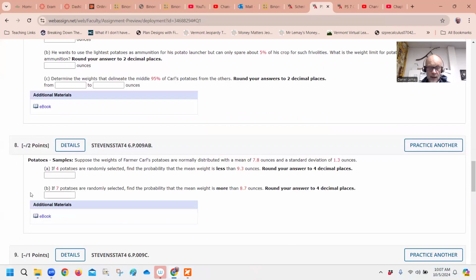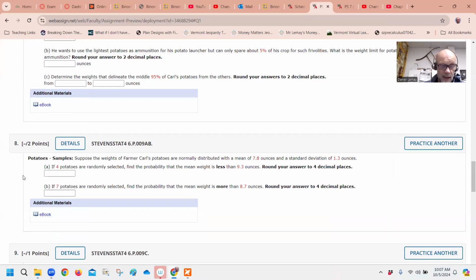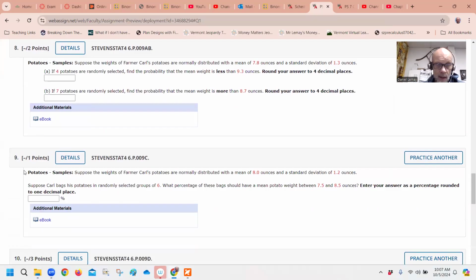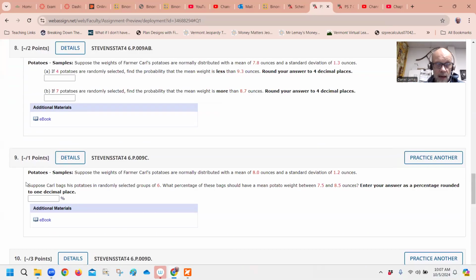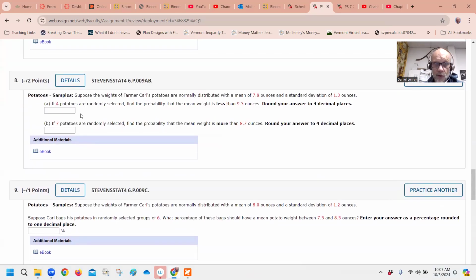Okay, and then 8 and 9 are different because now instead of doing a single potato, we get a sample of 4 potatoes. So these are sampling distributions. If you went and watched, oh, let's see, since I've got the